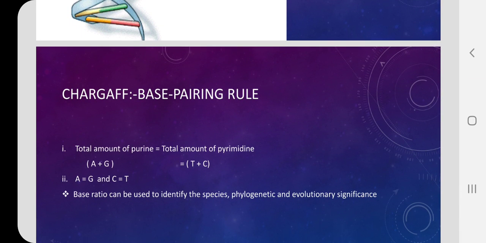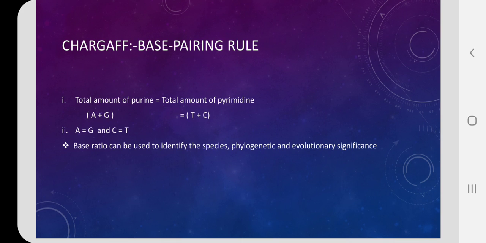Let us see the contribution of Chargaff in this base pairing rule. Chargaff proposed the equivalence rule, which suggests that despite wide compositional variation exhibited by different types of DNA in different organisms, the total amount of purine equals the total amount of pyrimidine. That is, A plus G, adenine plus guanine, equals thymine plus cytosine. It also implies A equals